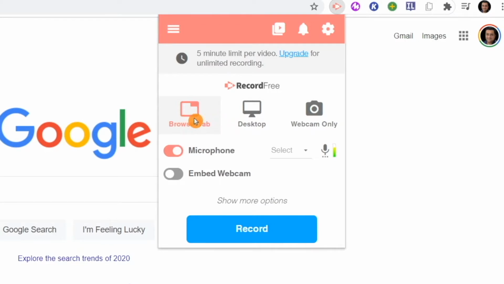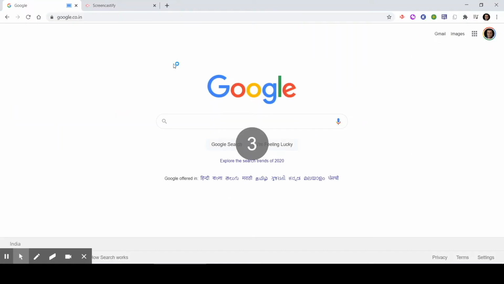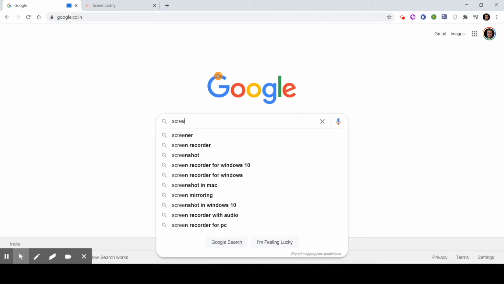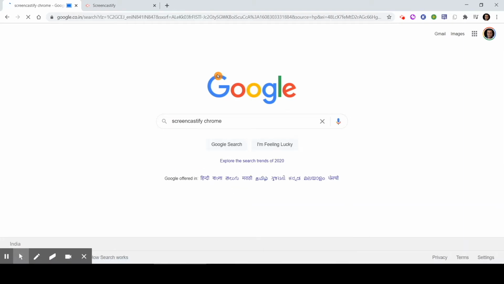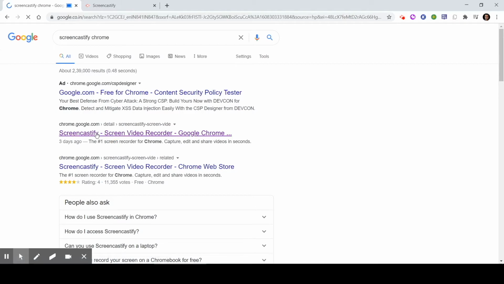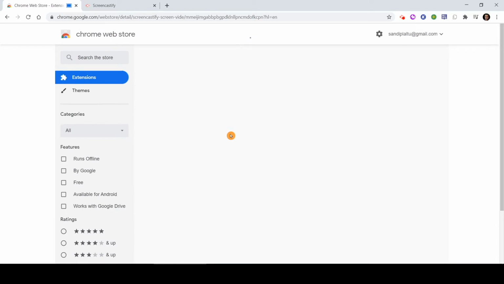Now, once you are in browser and desktop, you can enable both microphone and webcam. You can see that currently I am talking and this microphone is picking up my voice. So if I click on record, I'll be able to record my current screen. Let me click on that and see what happens. Right now you can hear that sound. After 3 seconds, it started the recording. If I do anything on this page, maybe let me type Screencastify again, it will take me to the same page, and this is all being recorded, and after that we'll be able to see what has been recorded.